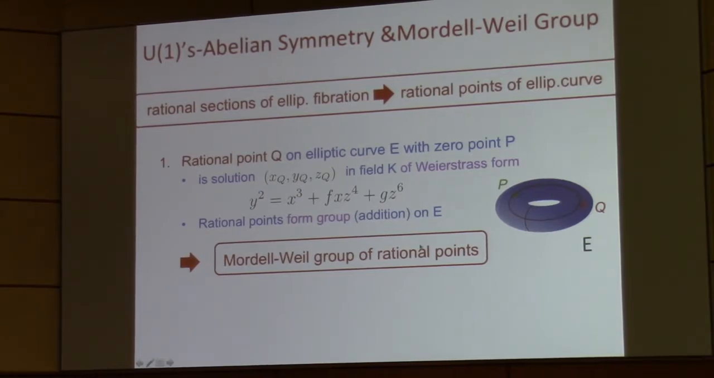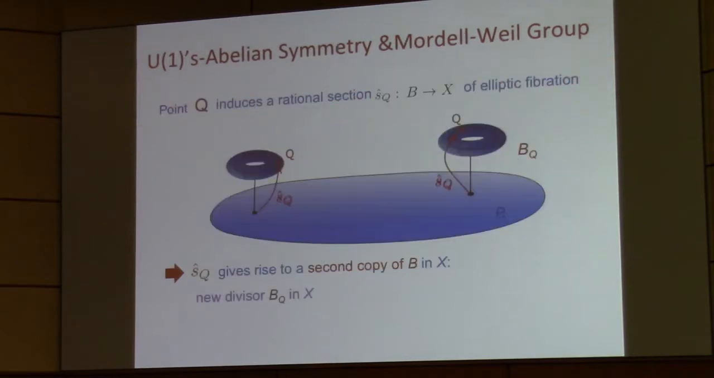So if we, in addition to the zero section that we have for elliptic fibration, find additional rational points on the elliptic curve, these points form a Mordell-Weil group under addition. Now, in fibration, we have these rational points promoted to rational sections of the elliptic fibration, and basically in the full fibration, this section